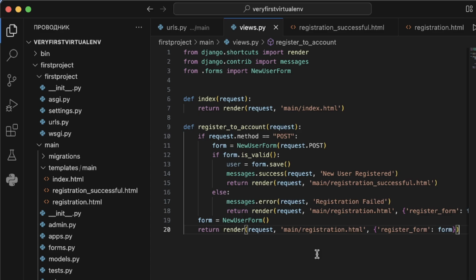Authorization part of our introduction to web development course. Today we will continue doing our authorization function, and in order to do it we need to head to views.py, which is here, and start writing a login function. So write def login_to_account